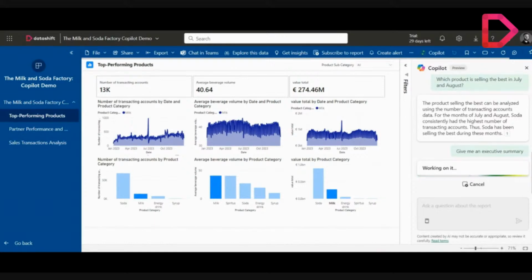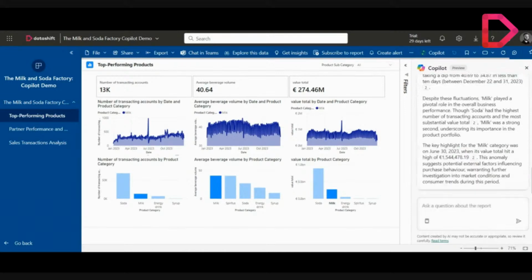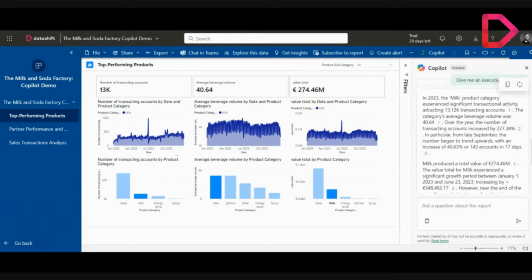Yes. And as we mentioned before, this is in preview. So normally in the future, this will get better and better. But as a first example, this is pretty nice to see. Yeah, and this is really cool. I mean, it's giving you a good